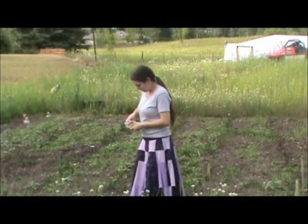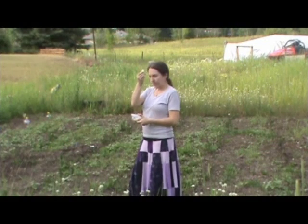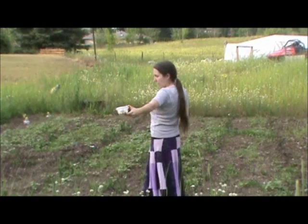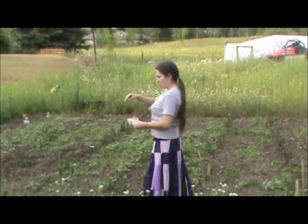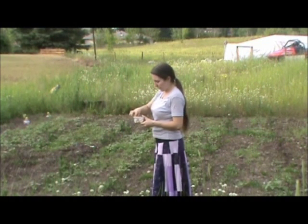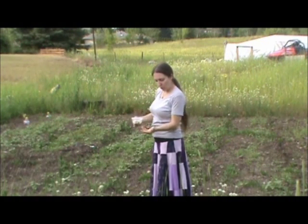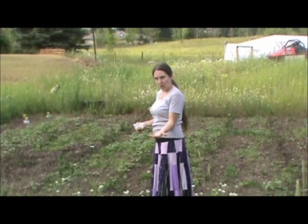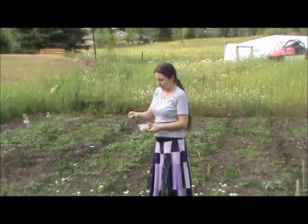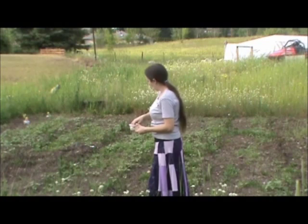So, I'm going to start by putting the garlics in the four corners of my garden. So that's directly north, east, south, and west. Right, I'm going to put the garlics at the cardinal points. I'm going to put the quartz crystals at the cross quarters. I'm going to put the moss agates next to the garlics,